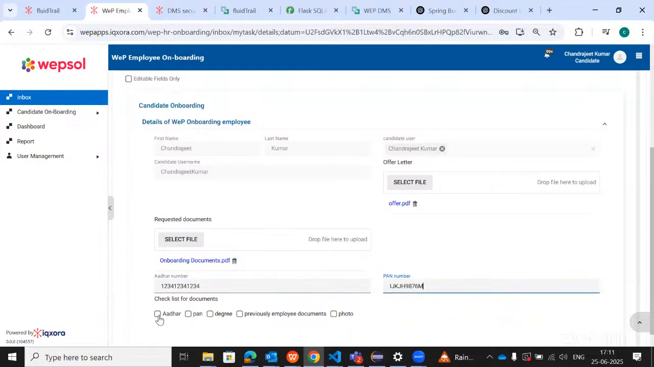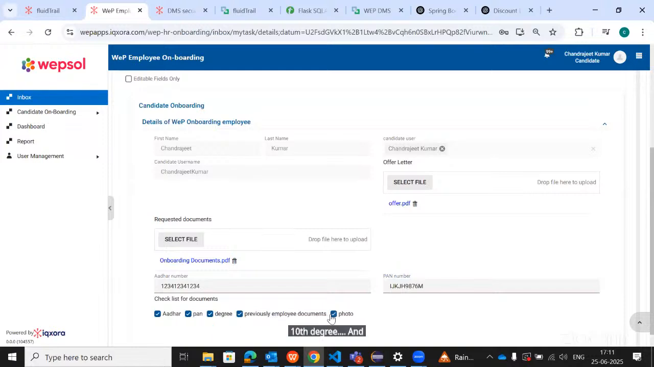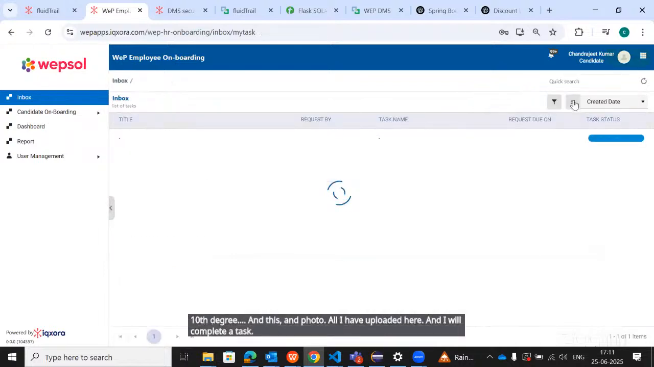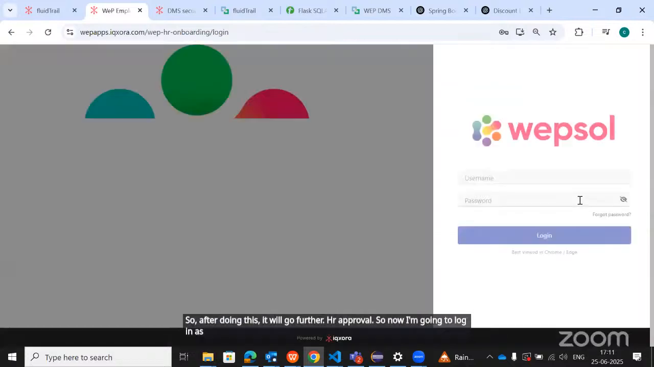And this is the checklist of which documents are here. I have to check the list, so I will say Aadhaar, PAN, degree, and this, and photo. All I have uploaded here, and I will complete the task. After doing this, it will go for the HR approval. So now I'm going to log in as an HR. If I log in as an HR,